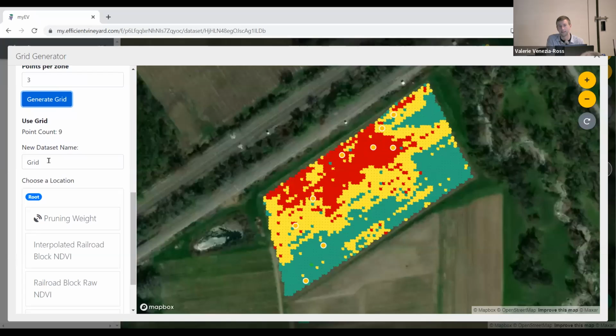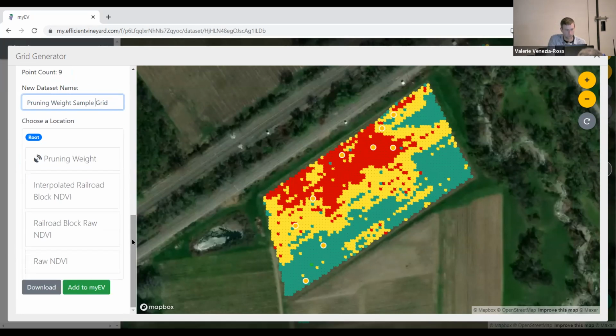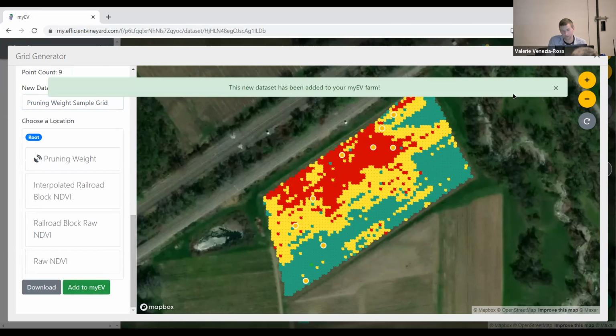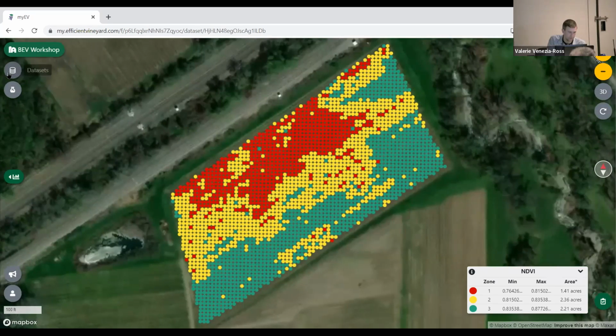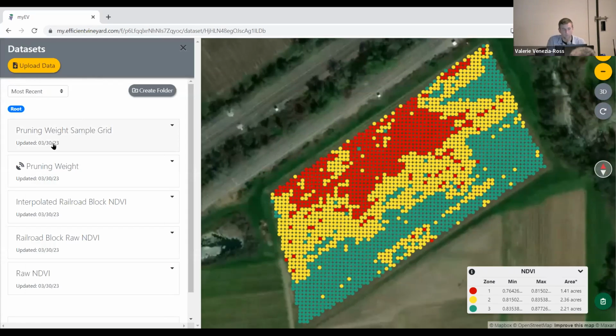And then I'm going to create this grid as a new data set. So we'll call this pruning weight sample grid. And I'm going to just put that right there in the home folder as well. We will add that to MyEV. And then I can close the plugin. Back to my data sets. And okay, so we have this data set here. If I launch it,